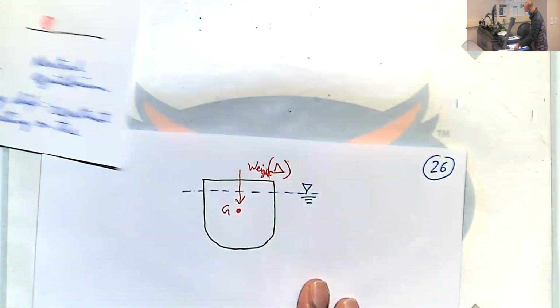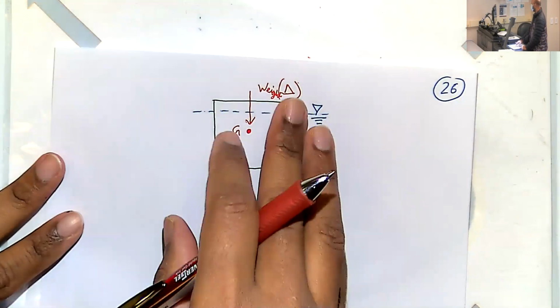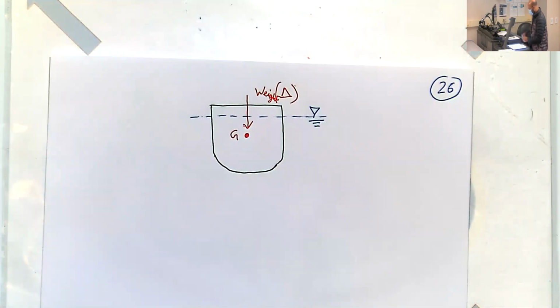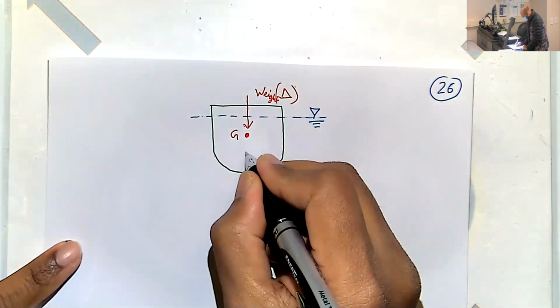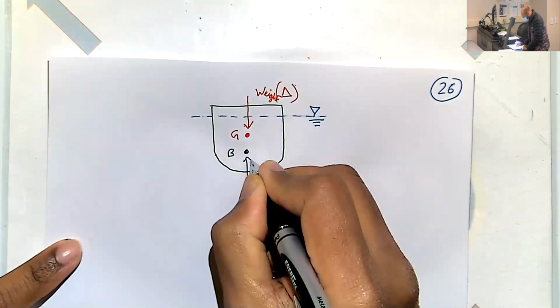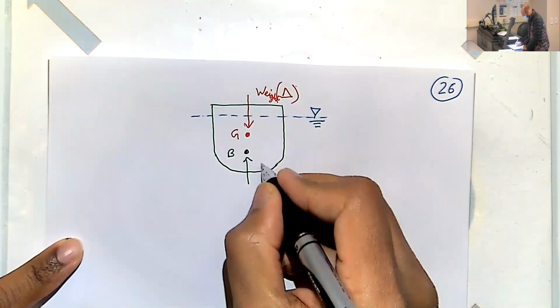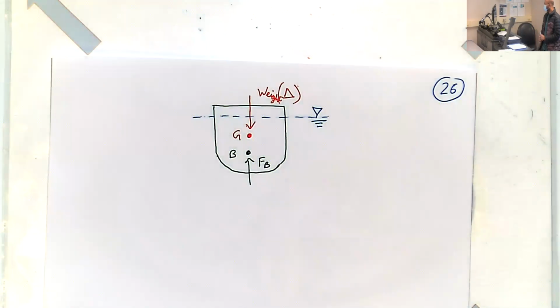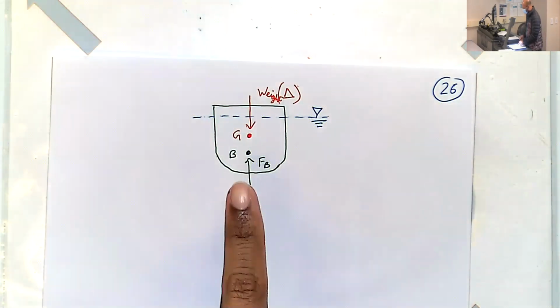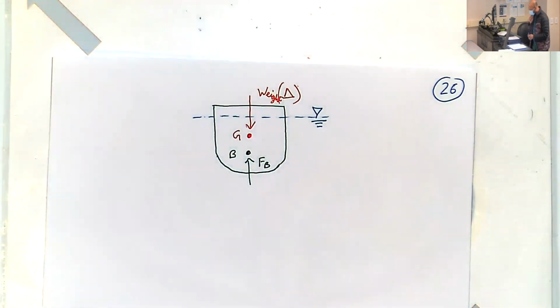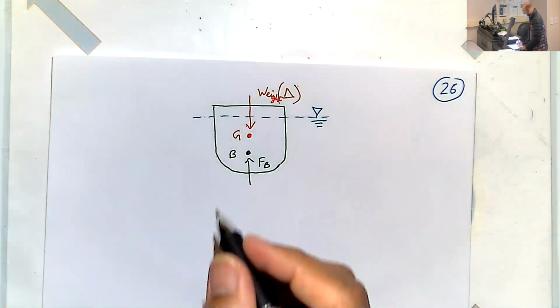Now, remember we talked about who's balancing all this weight. So it's the buoyant forces. And those buoyant forces act at this point, let's call it F buoyant. Okay. And if you're in equilibrium, the upward buoyant force will exactly be balanced by the downward weight. And when the ship is in